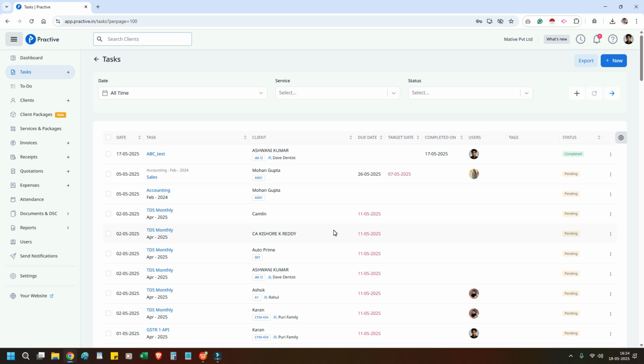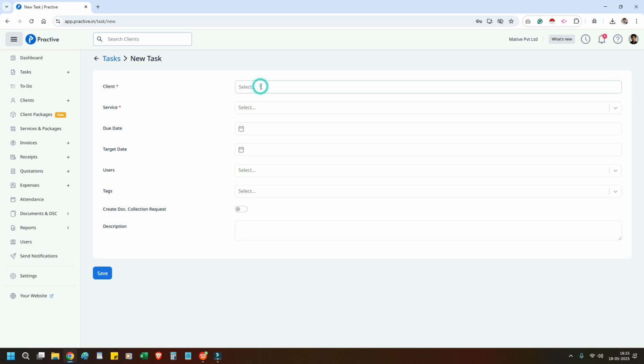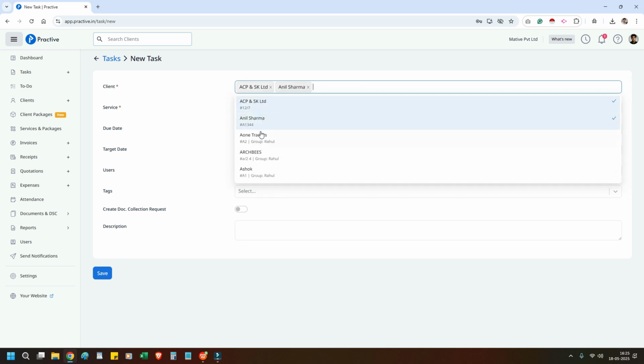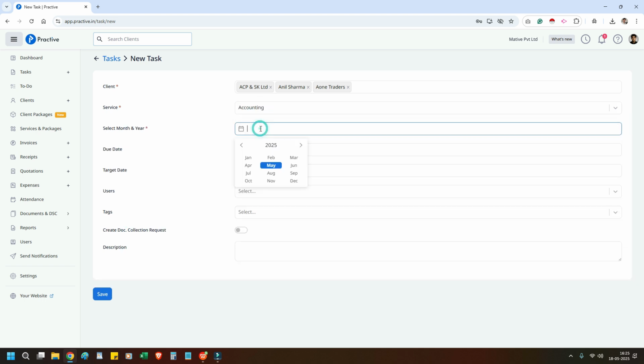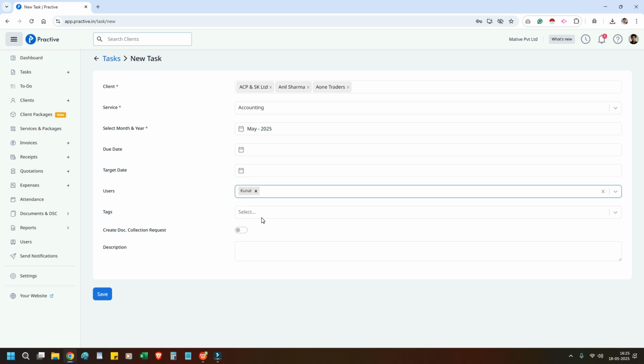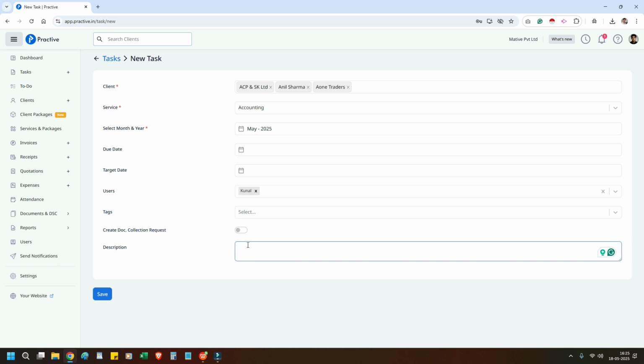The recurring task will auto generate and reflect in the task list, and there is an option to create one manually, where you need to select the client. You can select multiple clients for bulk task creation, and select the service. If the service is recurring, you can select the period. You can configure the due date, target date, and assign a user for the task. Also, a related tag for the filtration option, a document collection request for your client, and a description you can add, and save the task. So the task will be created